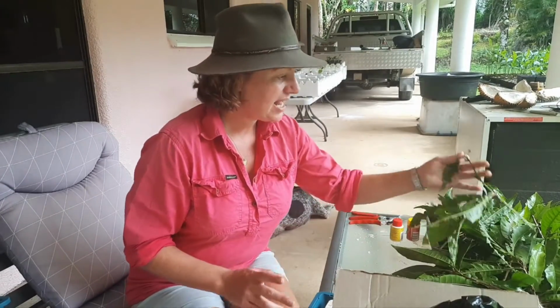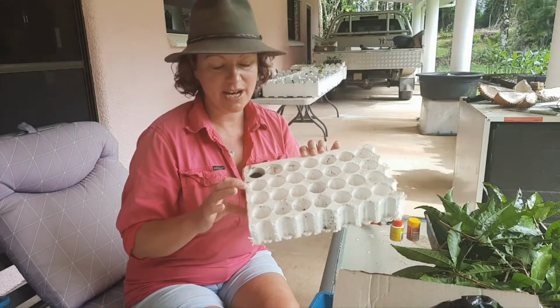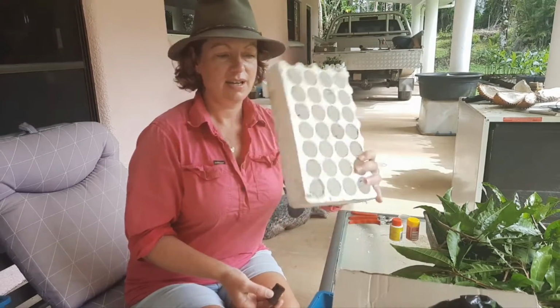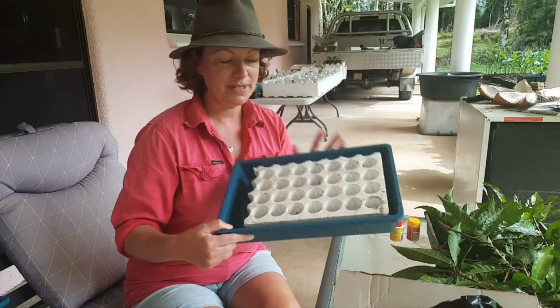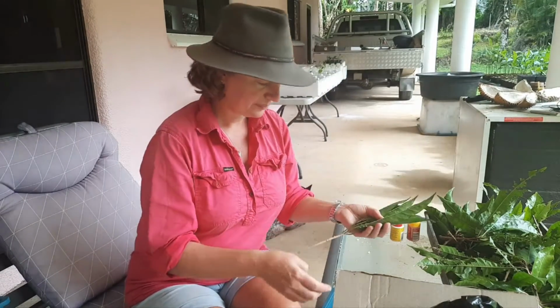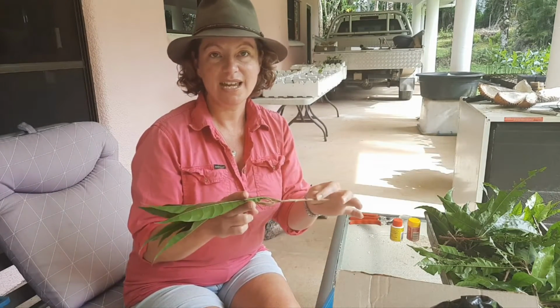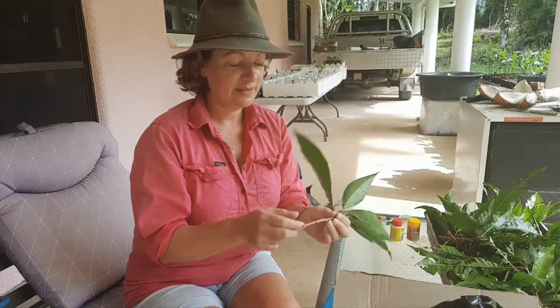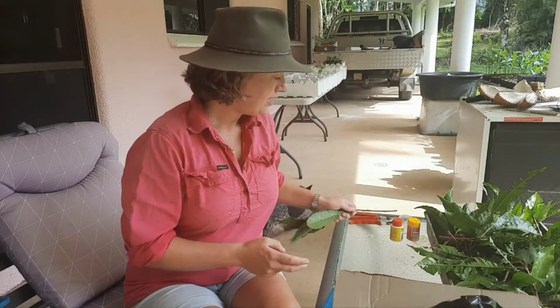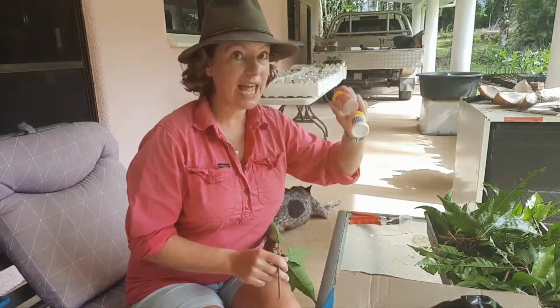Okay, so I have been down and collected my Canistel cuttings. I'm going to do 2 batches because I got 2 humidity cribs. I have cut the polystyrene Q-plug trays up to fit inside the cribs, and now I am just going to take some leaves off the cuttings, cut them off like I always do, just to reduce the evaporation from them, and then cut them where I want them, dip them in some hormone rooting powder gel,